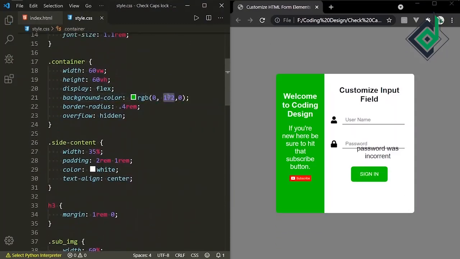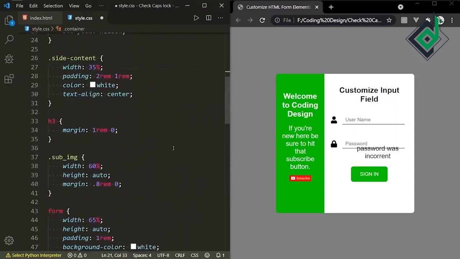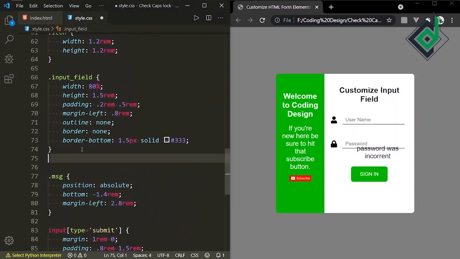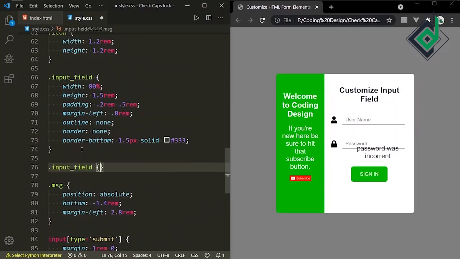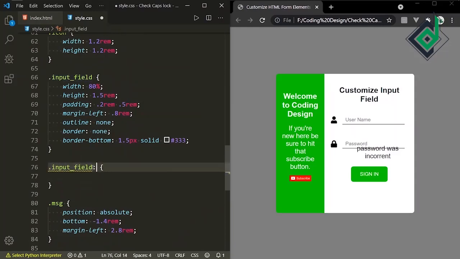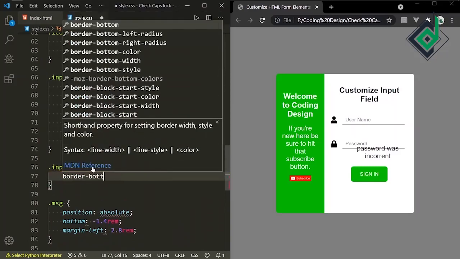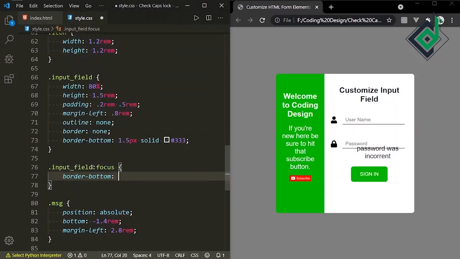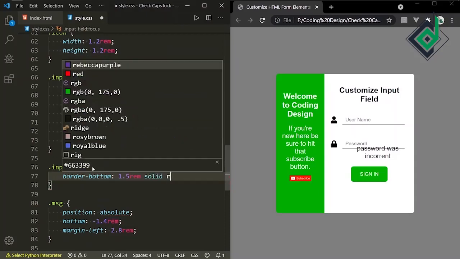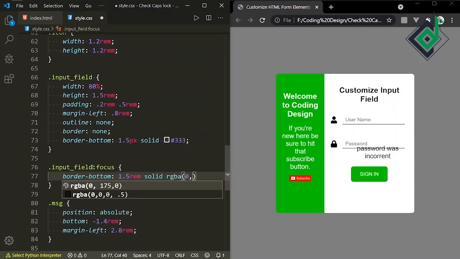Similarly, now when you focus the input field, I want to give border bottom, same value, but I want to change the color. Okay, so I'm giving the same green color.